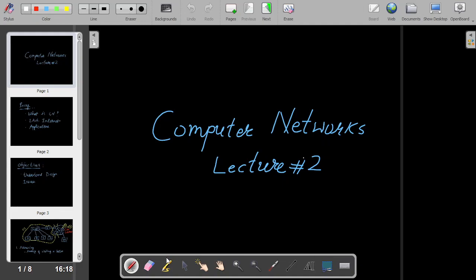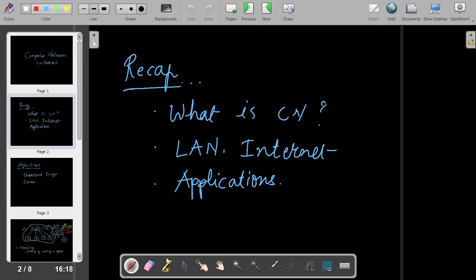So friends, welcome to this second tutorial on computer networks. In the last tutorial, we looked at these points. We looked at what is CN, then what is LAN and internet, and we also looked at the various applications of